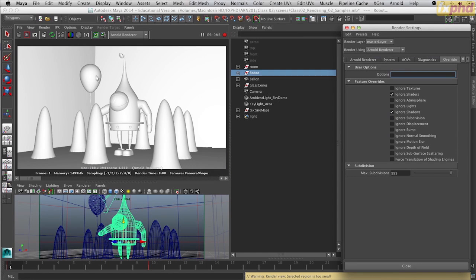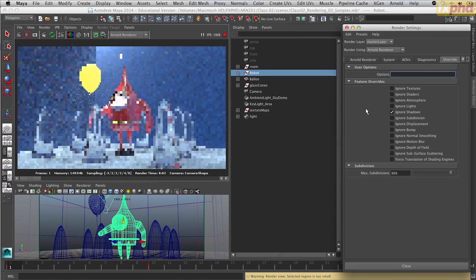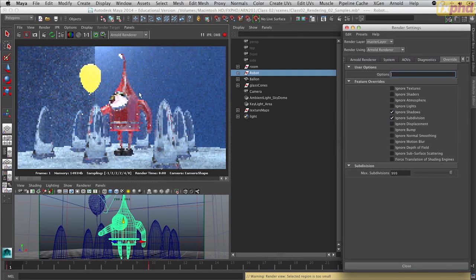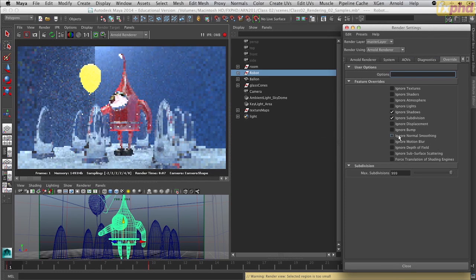And the reason why this has suddenly done this is because it actually was rendering in the background. So I could switch on shaders again, and we'll see the shaders, but we won't see any shadows because we've turned those off. This is a good one, ignore subdivisions. If I do that, anything that's running on nice smooth subdivisions is now basically just going to render in its original form. You can do things like ignore motion blur if you've got motion blur on, ignore depth of field,